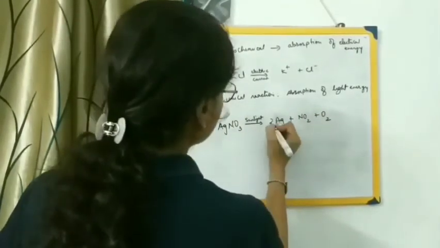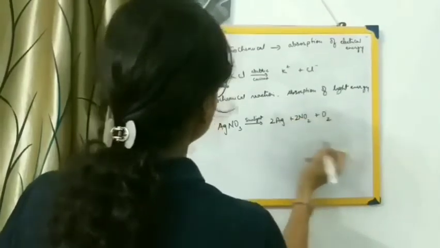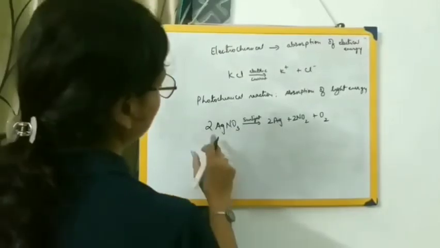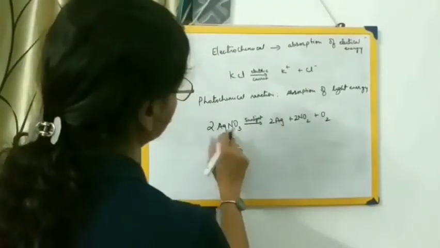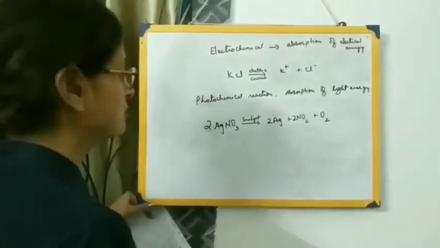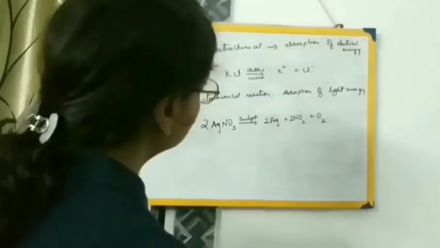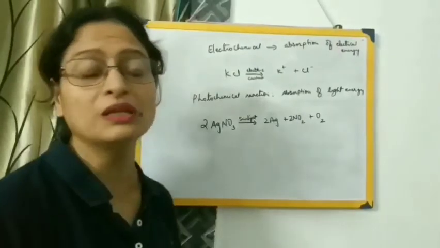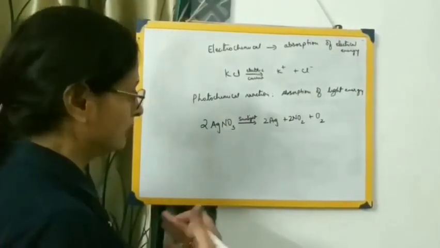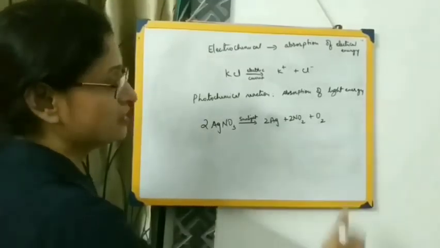So let us just check whether this has been balanced. This will be 2O. Let me just check it. 2Ag, nitrogen 2, oxygen 3, 2s are 6, oxygen 2, 2s are 4 plus 2, 6 over here. So the equation has been balanced. And this is one of the reasons, as I told you, that they are stored in amber colored bottles. So this is an example of a photochemical reaction, that is a reaction in which the light energy is absorbed.